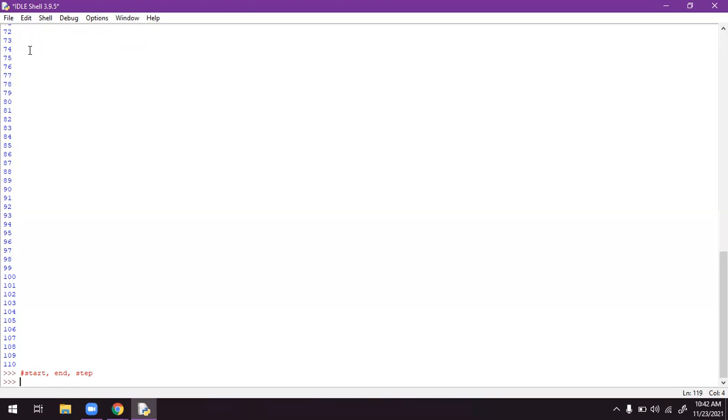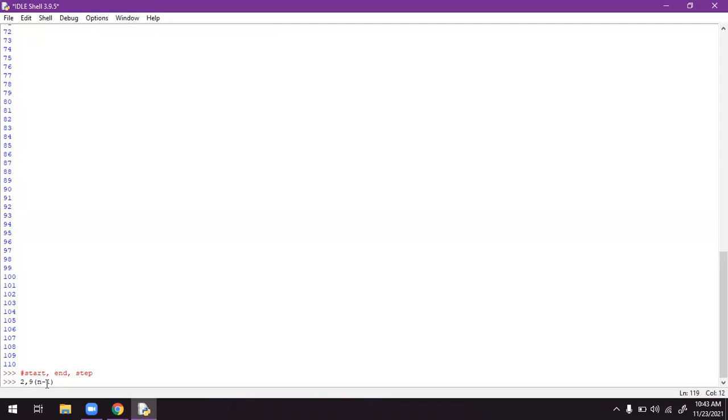Suppose I am interested to start from 2, that is called the start. I have to close the end at 9. If you do incremental counting, you will get n minus 1 counts.